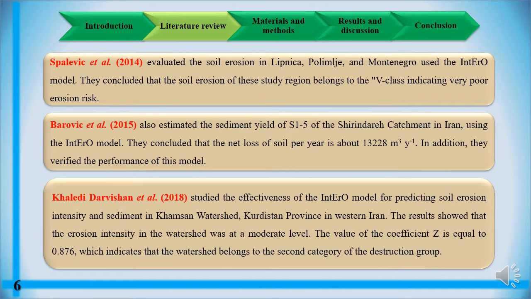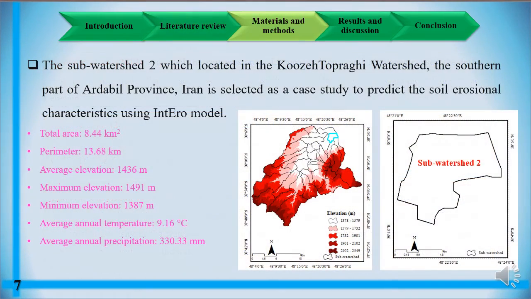For example, Spalevic et al. in 2014, Barovic et al. in 2015, Khaledi Darvishan et al. in 2018 studied the soil erosion process in different sub-watersheds using the INTERO model. They finally verified the performance of this model. To this end, sub-watershed 2, which is located in the Kuze Topraqi watershed, as you see in the map, was selected as a case study to predict the soil erosion